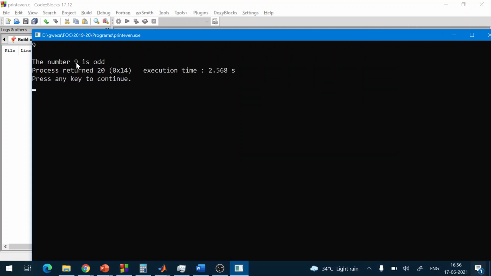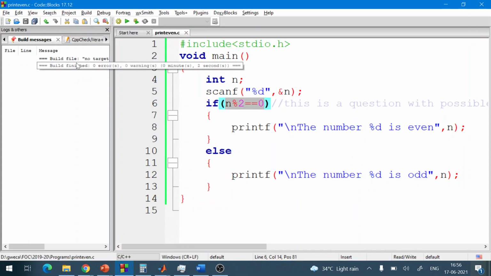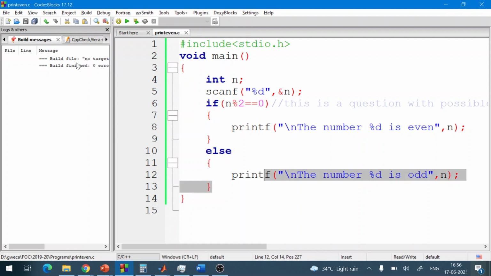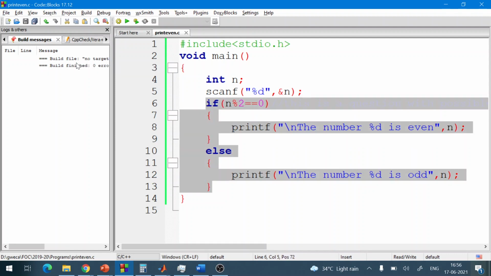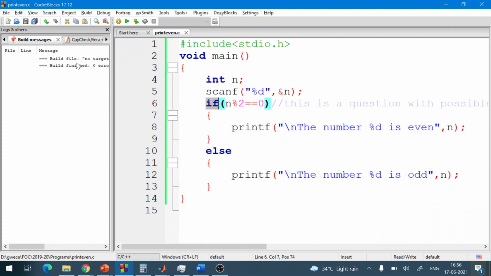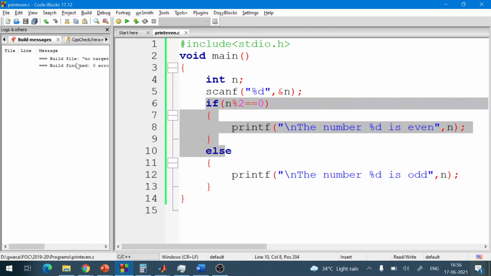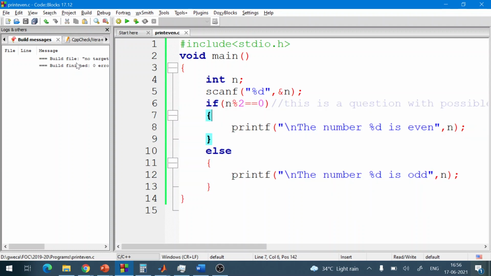So it simply tells you whether the number is even or odd, printing the number in both decisions. So in this program we learned how to write if, what the syntax of if is, and how to deal with the else condition with if else.